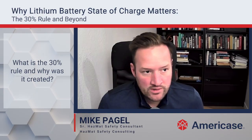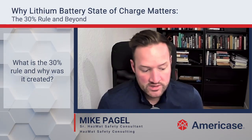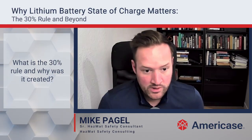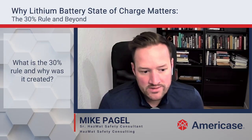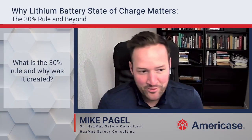So if you think of, again, batteries having energy and the energy is cause for some of the hazard during a thermal runaway, regulators would say, why don't you ship them at 0% state of charge? And while that would be great for safety, the problem is when you keep lithium batteries at low state of charge for long periods of time, it significantly reduces the battery's performance. So, if you think about the regulators probably starting at 0 and kind of going up from there,